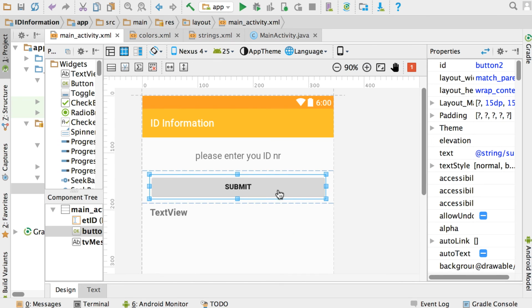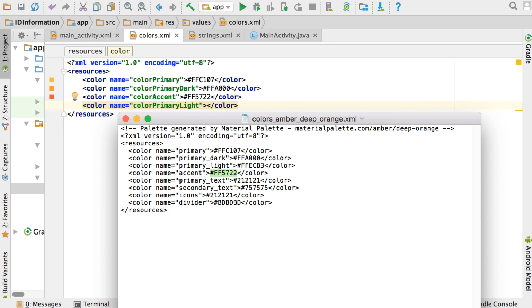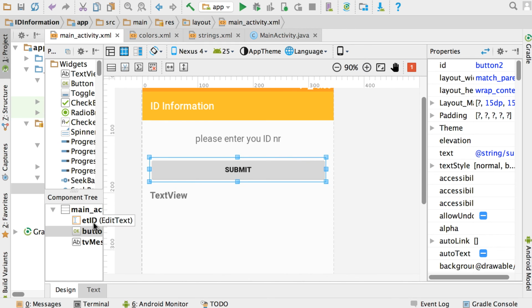And now let's say we want to have this as another color. So let's go to the colors XML, and let's add another color there. We're going to add a color, and we're going to call this the color primary light. You'll also find this in the XML file that you downloaded. So where's the light? There's the primary light. I'm going to copy that, go into the primary light, and paste my color there. So I've got a primary light color as well. So if I save now, go back to my activity main,